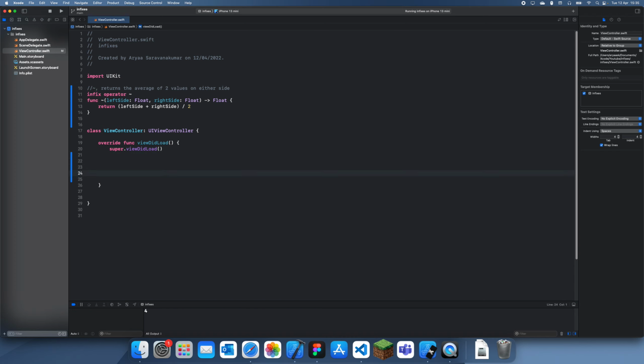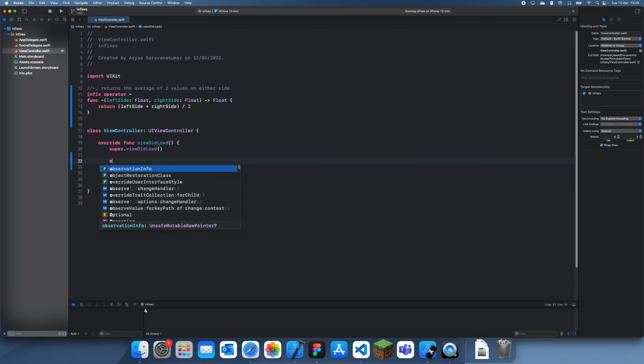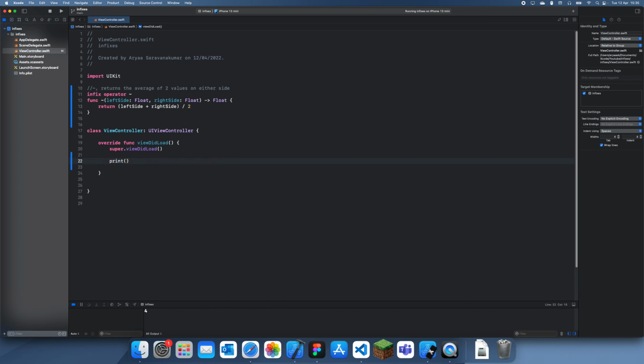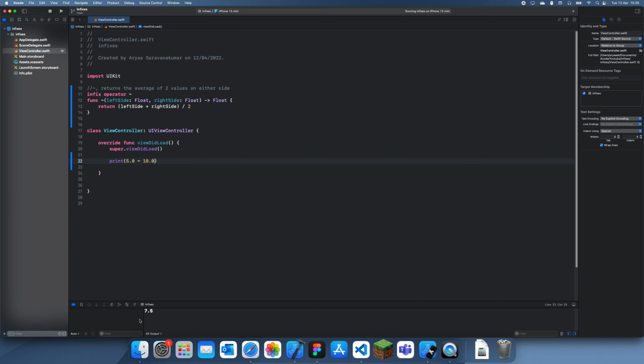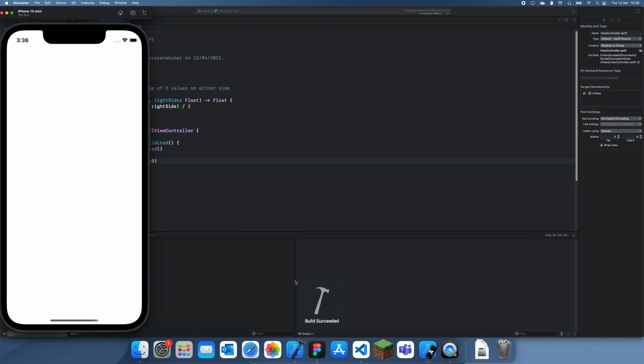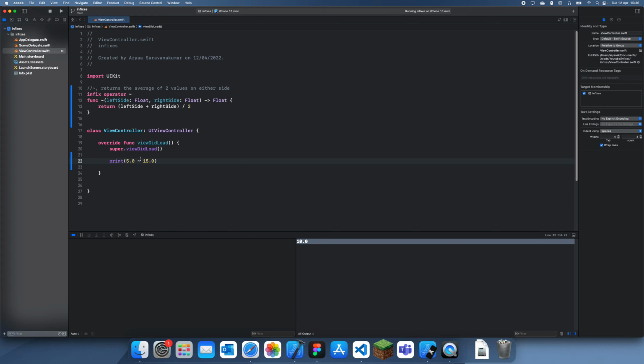So now let's just test this out. Let's say we want to find the average of 5, and in the middle of that, let's say 10, and the average of those two numbers should be 7.5. So yeah, that's exactly what we get. And let's just test one more. So if we do 5 to 15, we should actually get 10. But yeah, you can just see we created this custom average